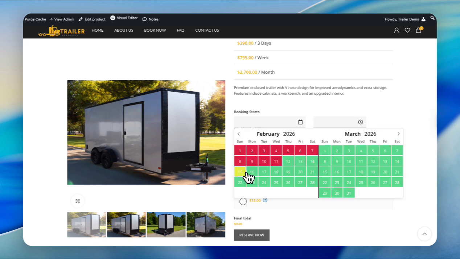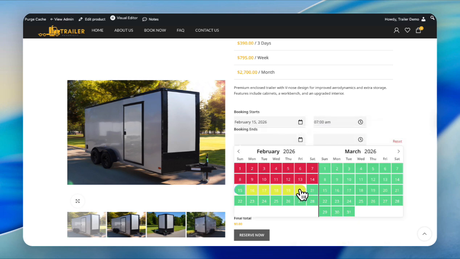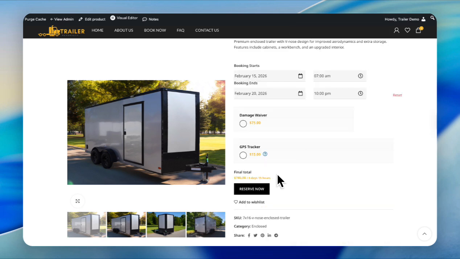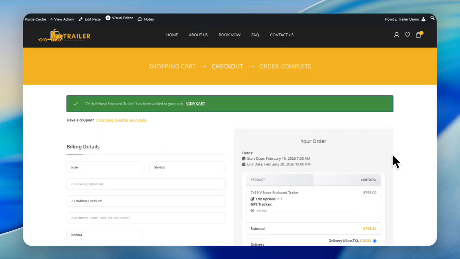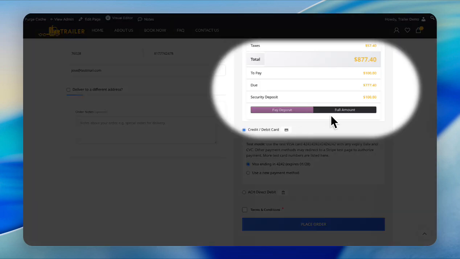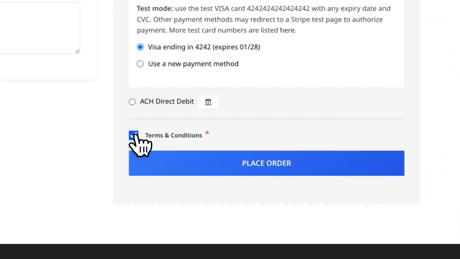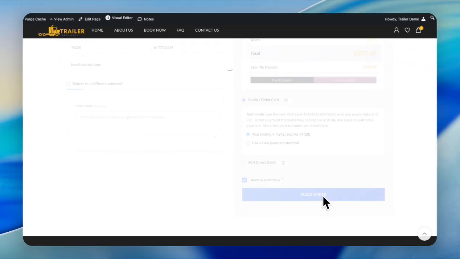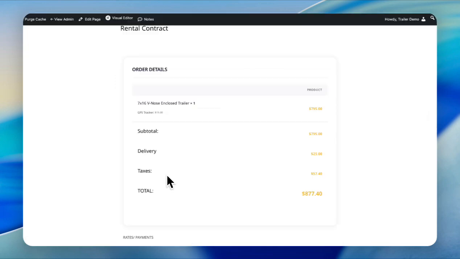end date, let's say 15th, 7 a.m. until 20th, 10 p.m. Then selects an add-on. It is optional. Hits reserve now. Fills out all the required info, decides whether to pay deposit or full payment. For this case, we will select full amount, accepts terms and conditions, and places order. Then signs the rental contract,